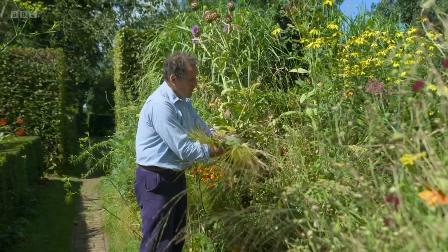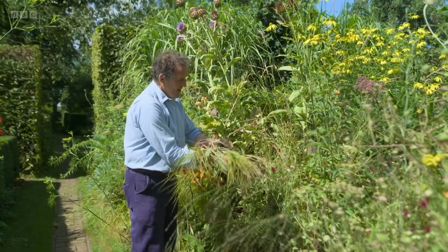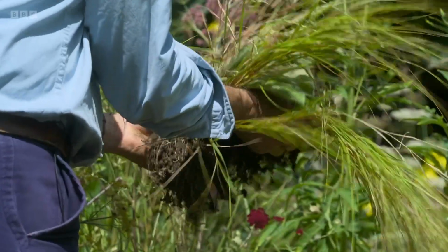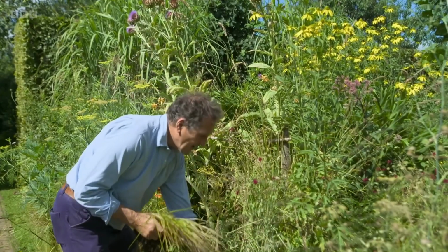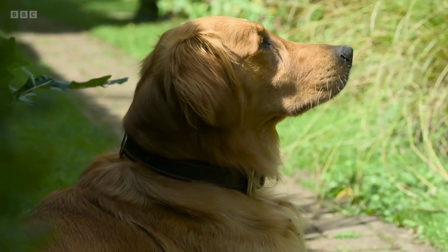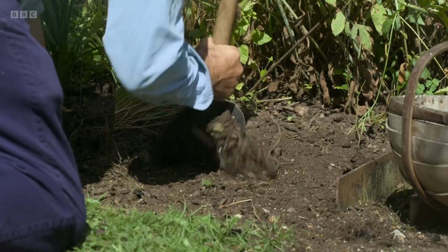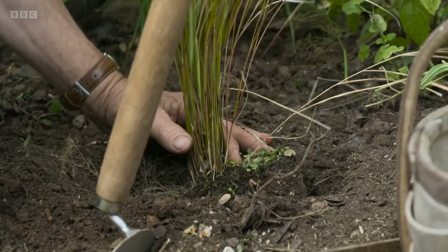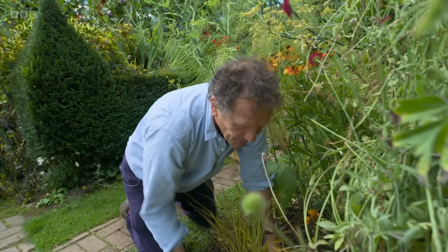It's as dry as a bone, but quite happy. And actually, that's one of the things about Anamanthele, is it used to be classified as part of the Stipa family, and that gives you a clue of how it likes to grow. Really good drainage, doesn't mind being hot and dry, but hates sitting in too wet ground. They seed themselves very freely, so you've always got new plants,